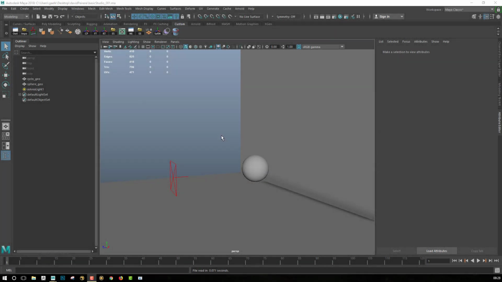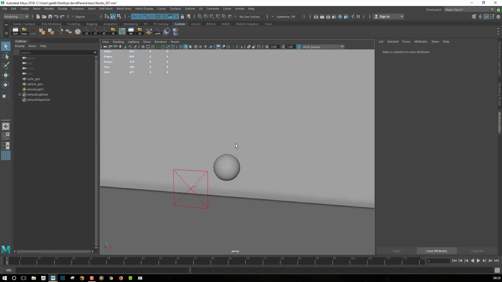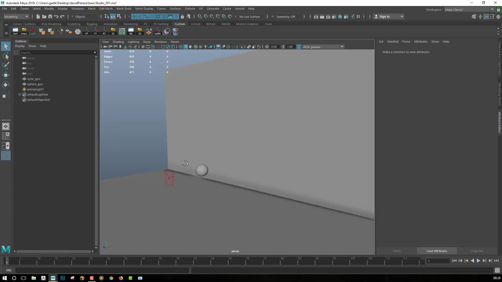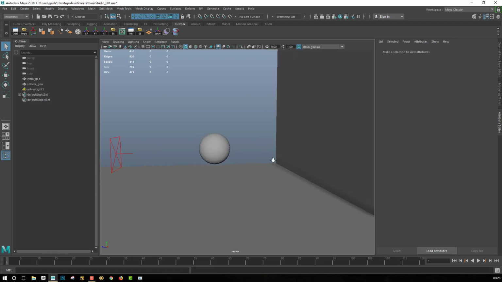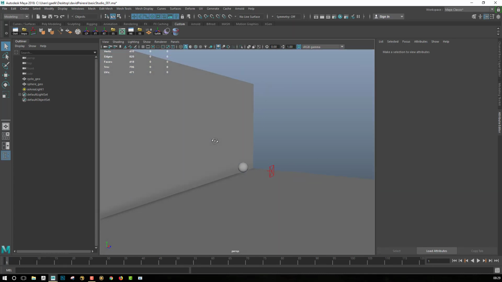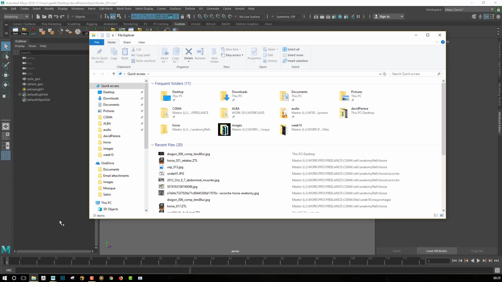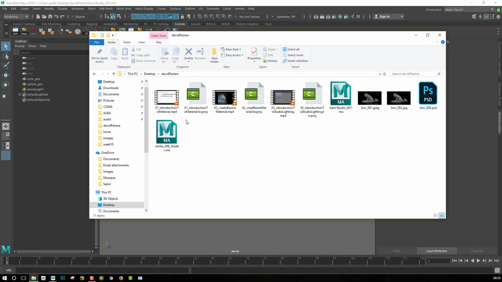Hey, so let's have a look at how the light will react in a 3D environment. We will try to play a bit with Maya in this simple scene. I just wanted to show you how the lights are bouncing directly on top of a 3D scene before we go into anything fancy like rendering an actual model, rendering something that will look like this reference here.